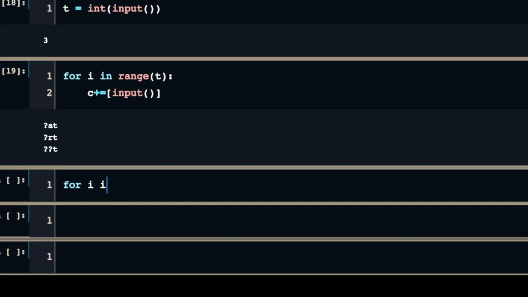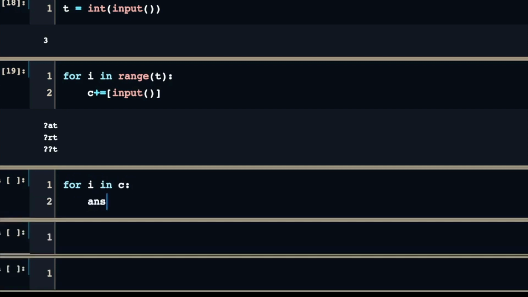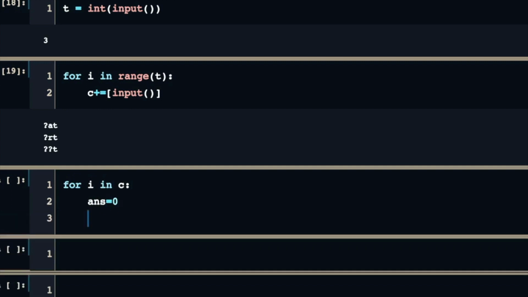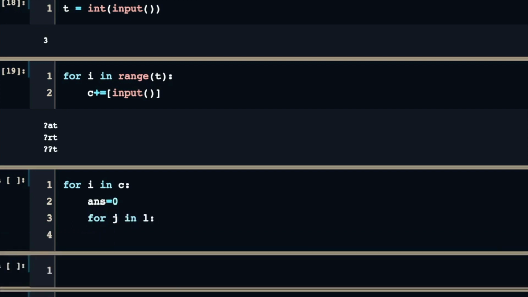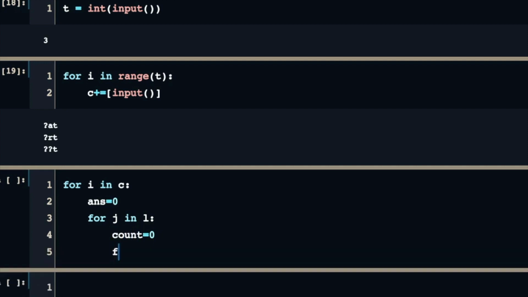For i in q, and answer equals 0, which is what we should print. For j in l, let's keep count equals 0. For k in range of m,